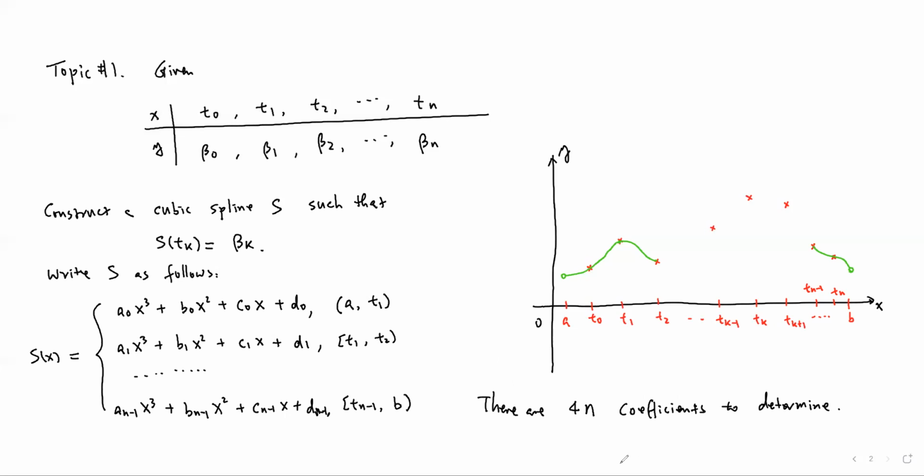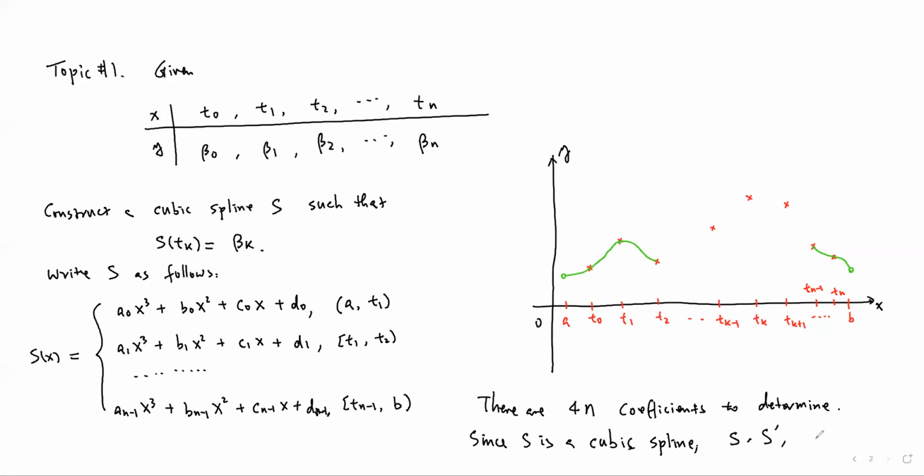For n intervals, there are so many coefficients to determine. We need 4n equations in order to determine these coefficients. By assumption, S is a cubic spline. Since S is a cubic spline, by definition,